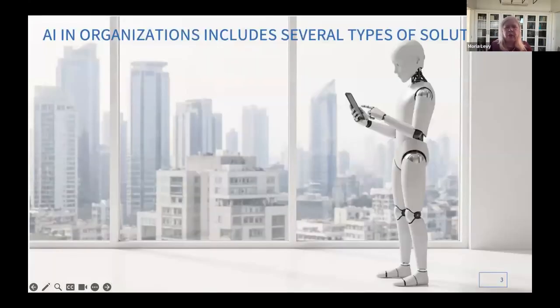So when we look at AI in organizations, we have several types of solutions. When you go to an organization and they say, yes, we apply AI as part of our solutions, or even as part of our KM solutions, it means almost nothing, because you don't understand what they actually mean.